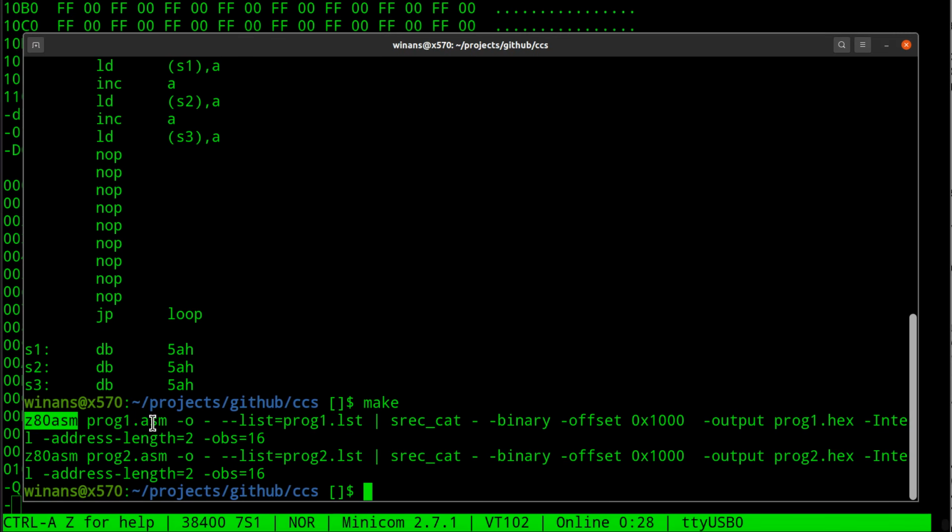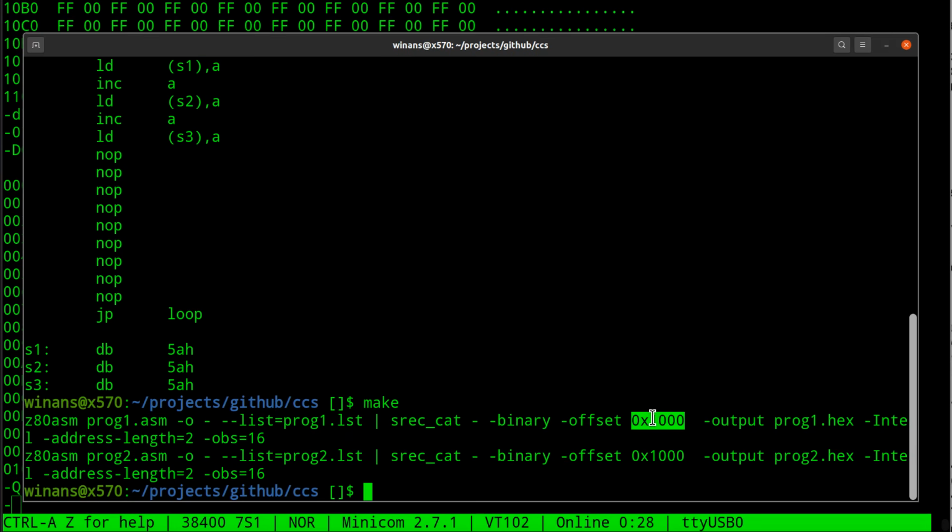So this assembler goes directly to binary. And the way this is configured, I say write it to standard out. And oh, by the way, provide a listing while you go, so we can see the source code with all the object code and the addresses over on the left. That's great. So I take the output and I pipe it into this srec-cat function, read from standard in, which is the output of the assembler, and create a hex file like I would have in the first place if I used an older, more sophisticated, fancier assembler whose output was an Intel hex file. So this is a way to convert it into one and say,